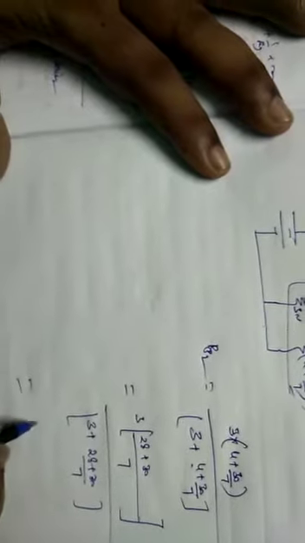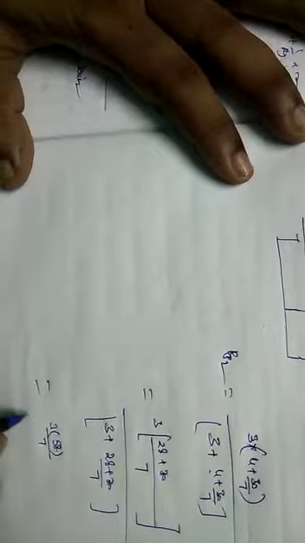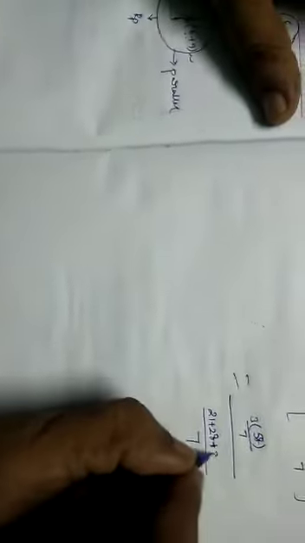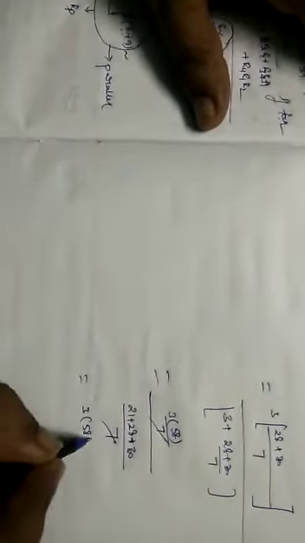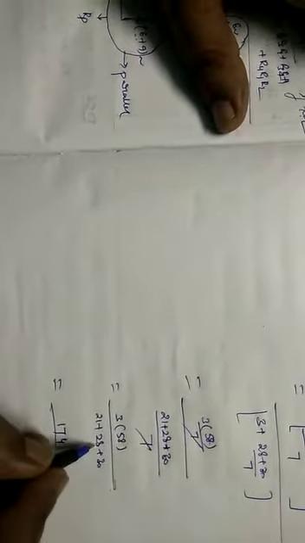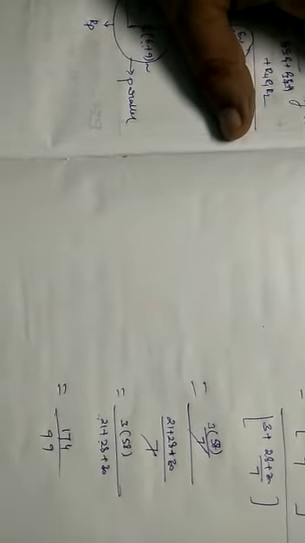So 28 plus 30 by 7. So 3 into 28 plus 30, how much? 58, divided by 7, all divided by 7, 21 plus 28 plus 30. So here 7 can cancel. 3 into 58 divided by 21 plus 28 plus 30. So 3 8s are 24, 3 5s are 15, 16, 17, 174 by. So 8, 9, 3 plus 2 is 6, 6 plus 3 is 9, 99.